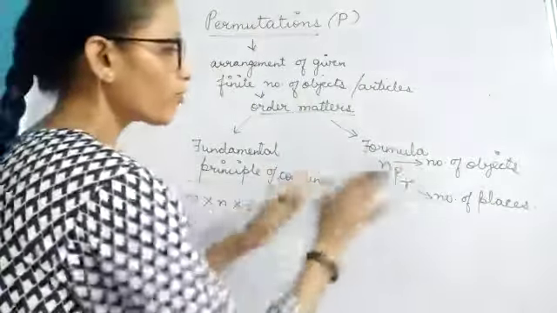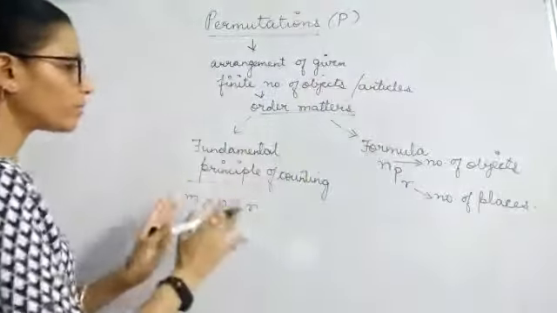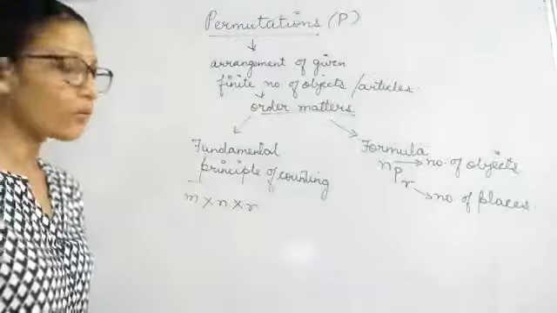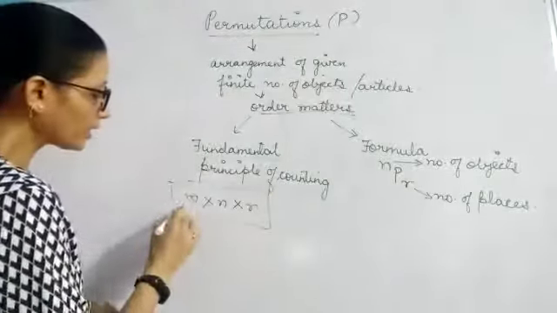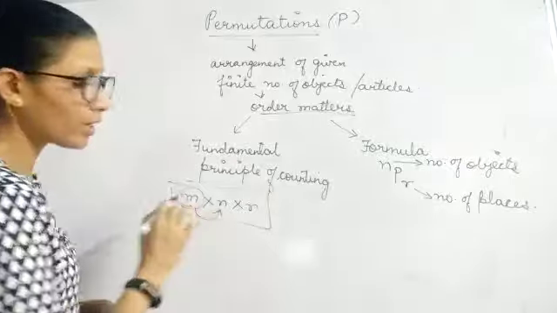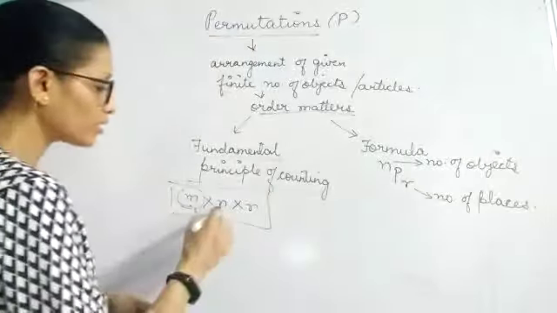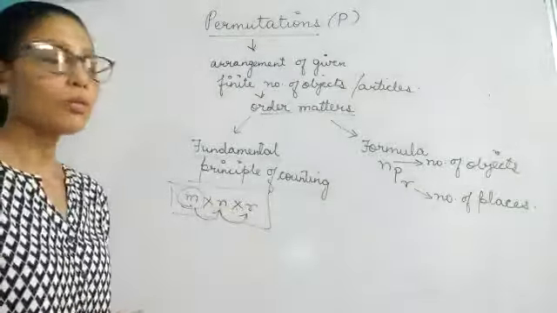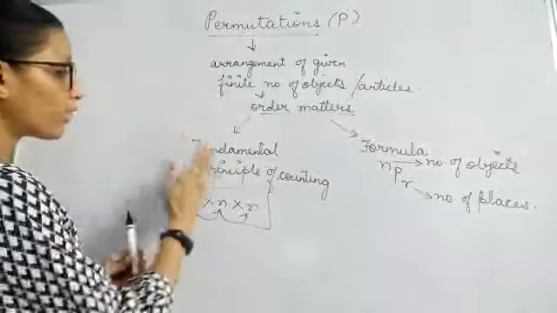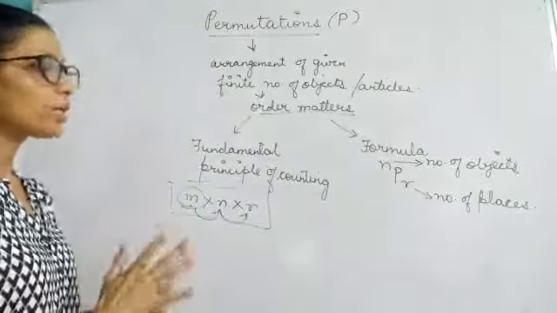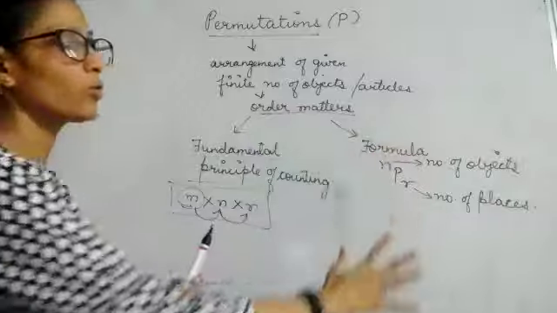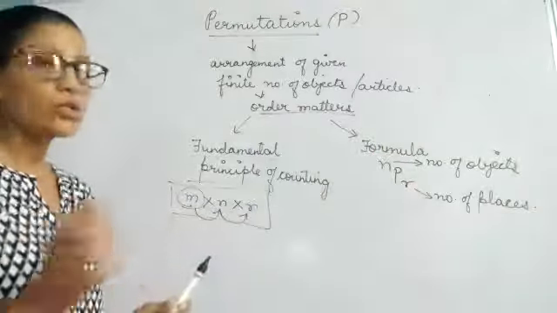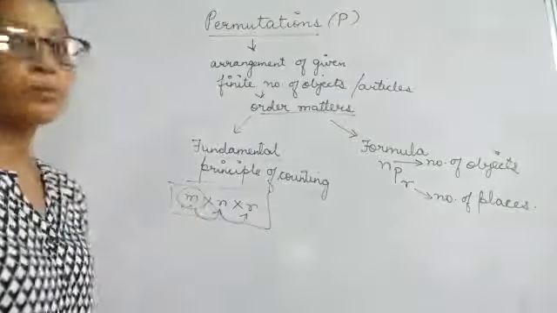Now this is your formula, and first of all we'll read about the fundamental principle of counting, by applying an event following which another event occurs, following which another event occurs. So first of all, we'll work out the questions by the fundamental principle of counting, and then we will go on to the formula and its theorem. So let's see a question based on the fundamental principle of counting.